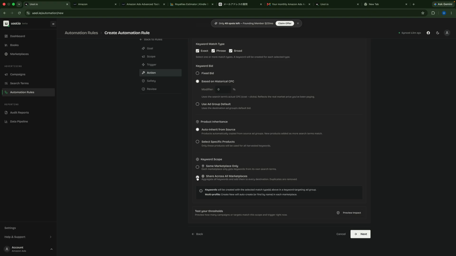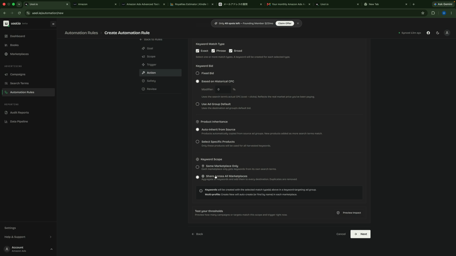But if you select this other one, even though the US marketplace has this converting term coloring book, it will generate the campaign in, for example, Germany, Mexico, or even Japan. So